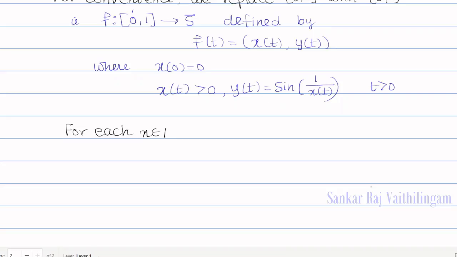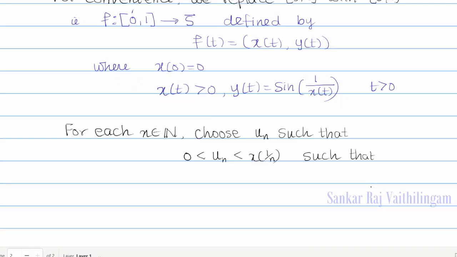For each natural number n, choose u n such that 0 is less than u n, which is less than x of 1 by n. Between these two I am going to choose u n such that sine of